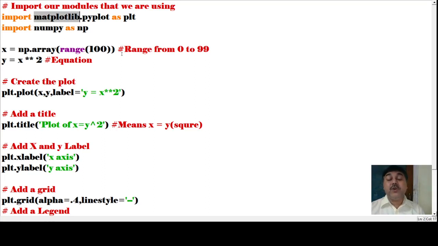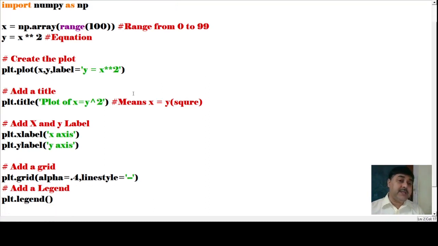This way you can also implement remarks. At the start of each particular part, a remark has also been created. Creating a plot is plt.plot(x, y, label equals, within inverted commas, 'y equals x into 2'). So this is one particular plotting that has been done.